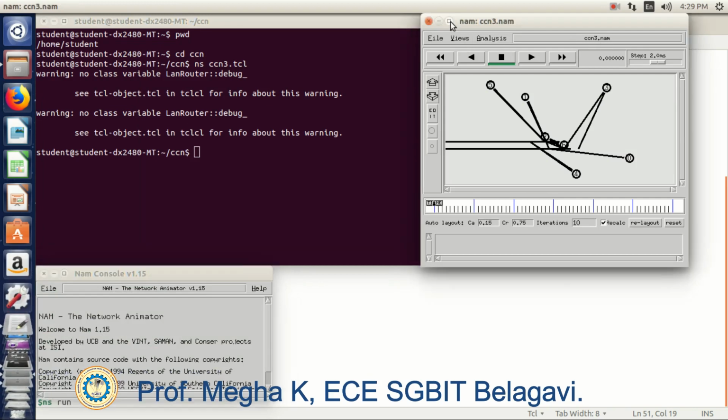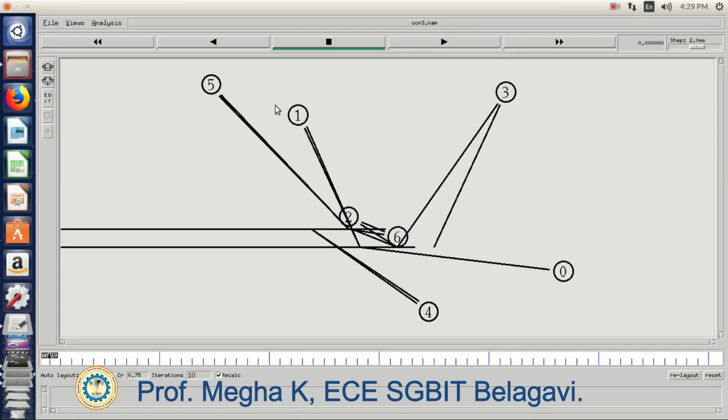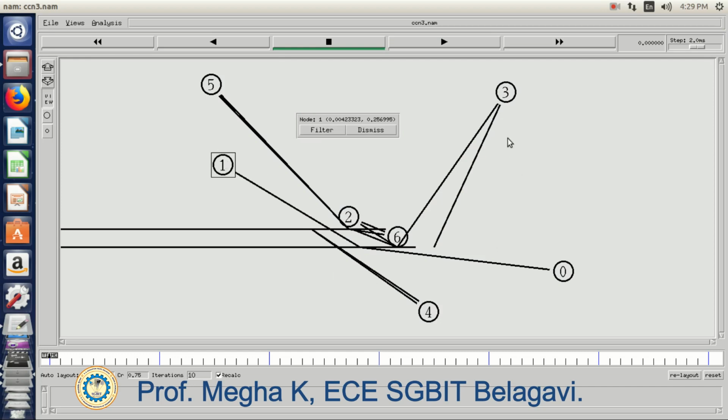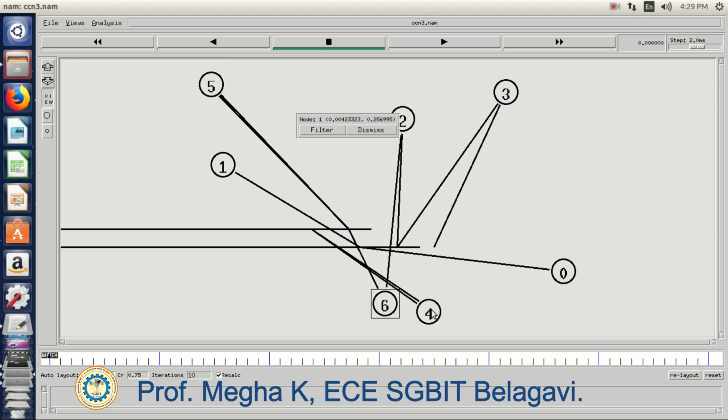Once again there is a confusion, so we'll clear that. Select the edit option. I'll take the first node here, second node, third node. The LAN cables are created like this.